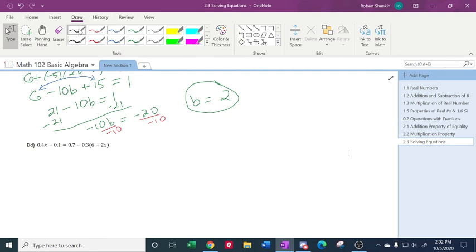I'm going to show on the left-hand side, there are no like terms and there's no simplification that can be done. The 0.4x, the 0 in front of the 0.4 is optional. I could just write it as .4x. Same with that 0. These two I can't combine together because this has to distribute. Now,